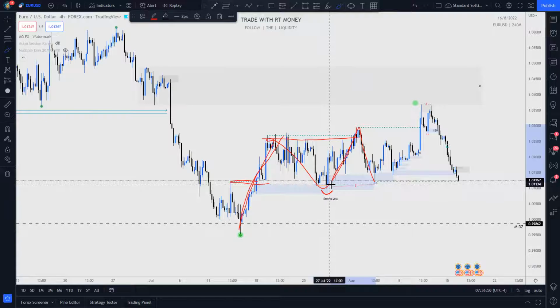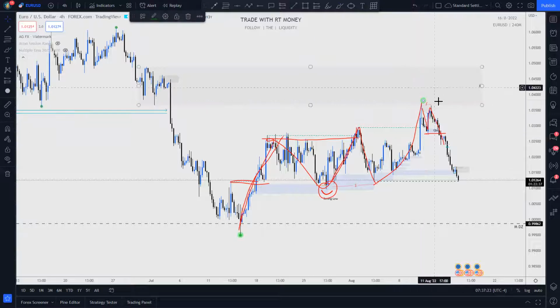We push this down. We respect the low here. And then we make another higher high. All right. But we're mitigating a strong area of supply, excuse me. And you see that on the 4 hour, we actually get a bearish internal low being broken here. All right. And this could signal that we've established this lower high for the higher time frames,